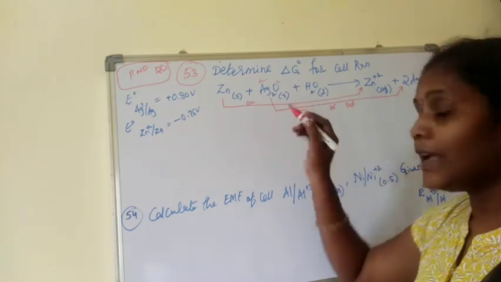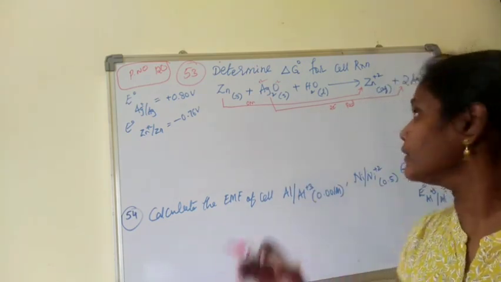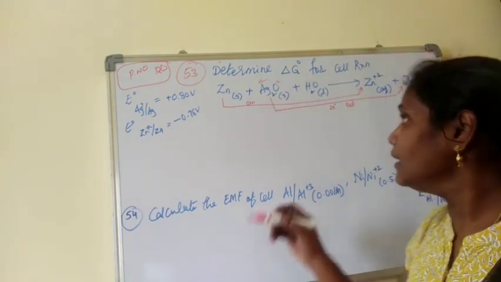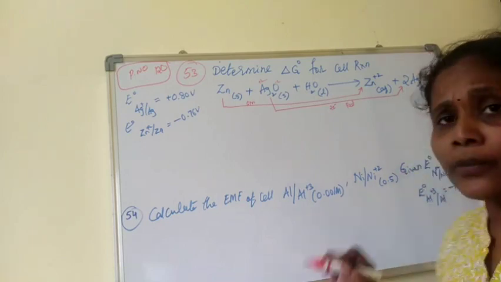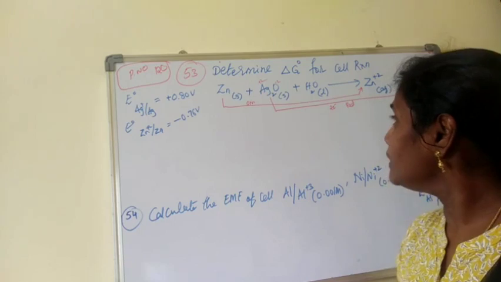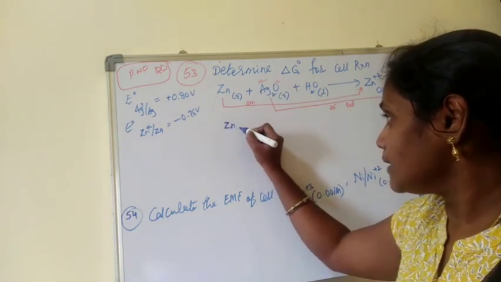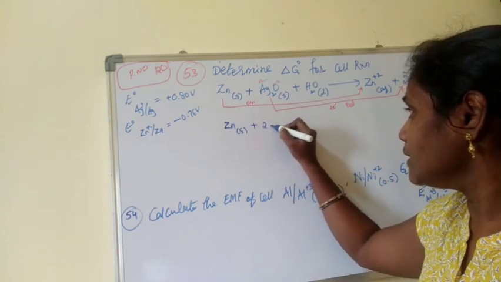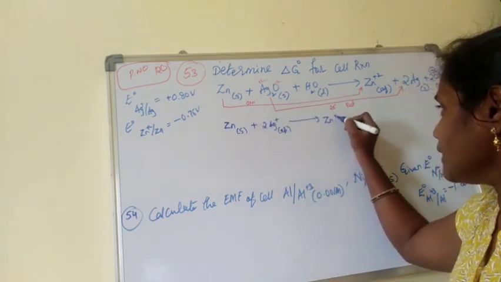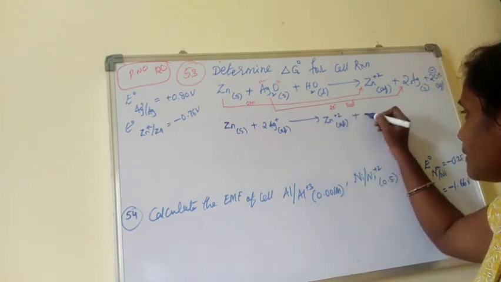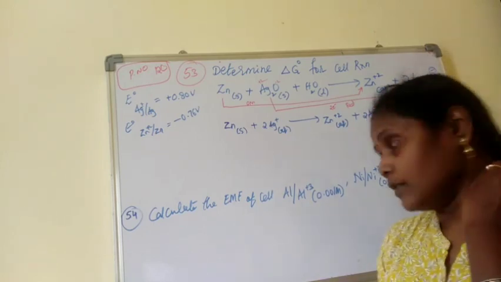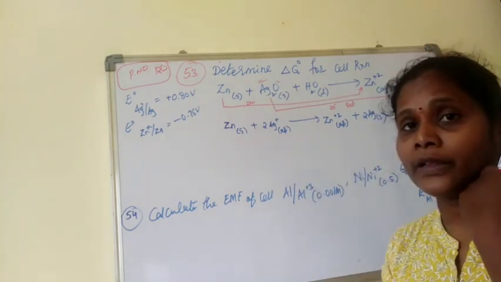So we should get an ionic equation. Water isn't involved in this oxidation reduction; the oxygen just goes to OH minus ions. They give you this full reaction just to confuse you. So what would be the ionic equation? Zinc reacts with 2 silver ions, converting into zinc ions plus 2 Ag solid. This is my cell ionic equation, and this will be easy for me too.